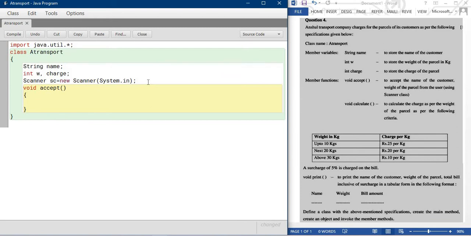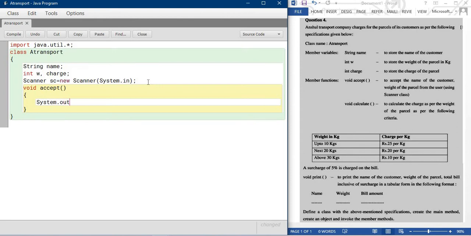So your inputs are the customer name and the weight of the parcel. Give a proper message to the user who runs the program, so they can easily enter the values according to your requirement.